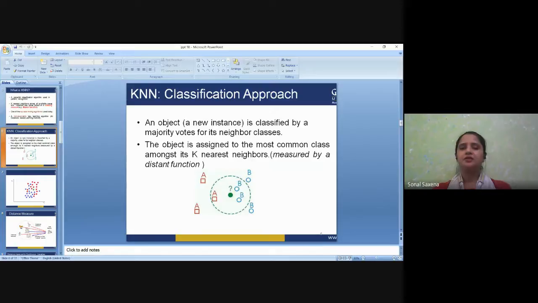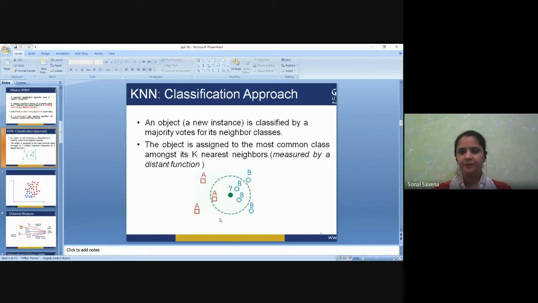Now, let us just assume that there is an object, and for that object I have to decide what kind of object it is, right? On the basis of the neighbors, whatever neighbors are there around this object, I am going to do an election sort of thing where every neighbor is allowed to say that yes, this belongs to our category. Now the voting is done, and on the basis of the majority of votes, let's say there are two different classes, class A and class B, and I need to decide.